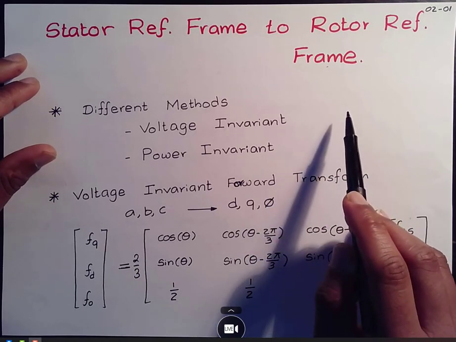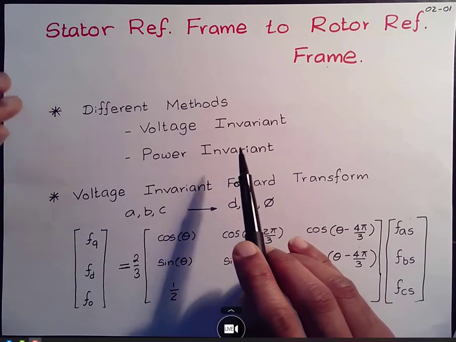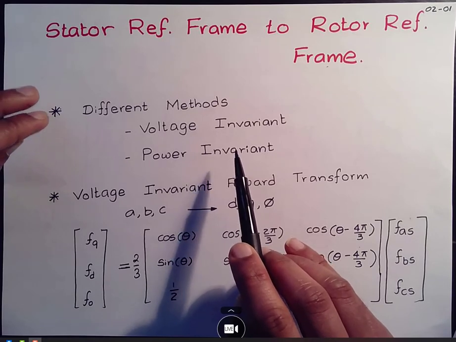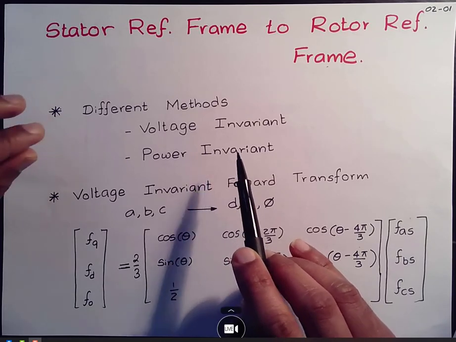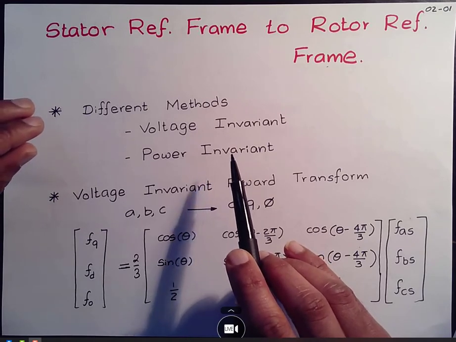And the reason is, if you look at the power invariant method, since power is voltage times current, there are some scaling factors that come into the picture that scale the voltages and currents slightly differently when you transform between the